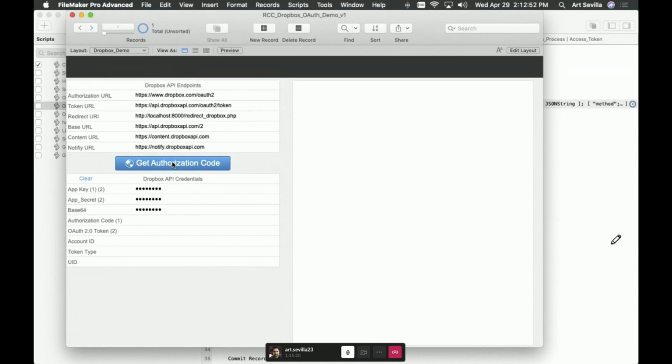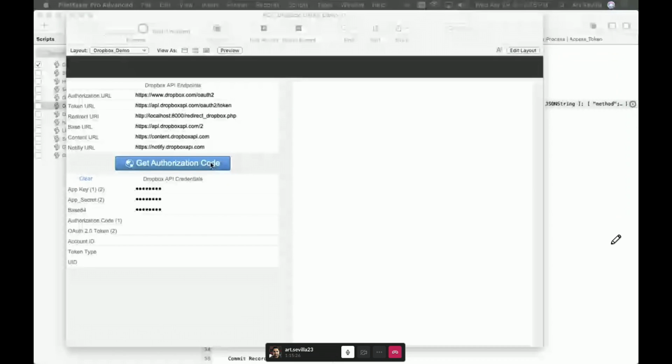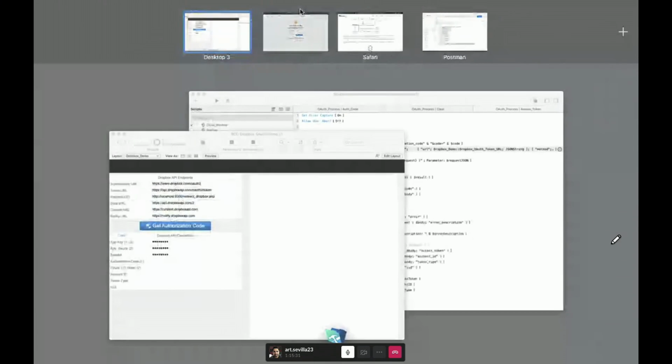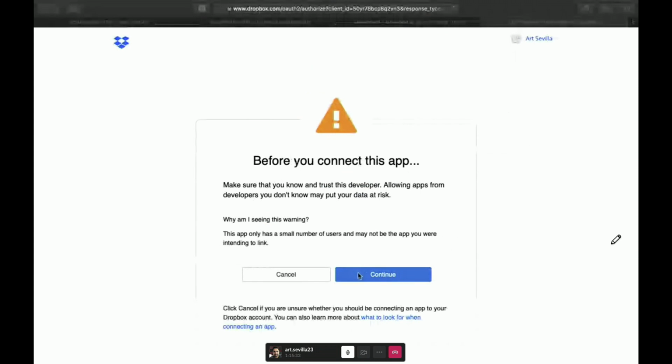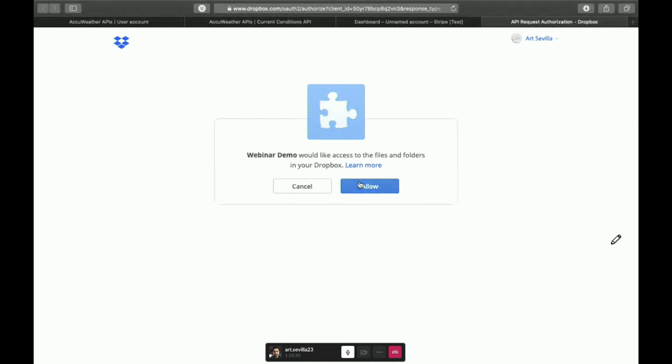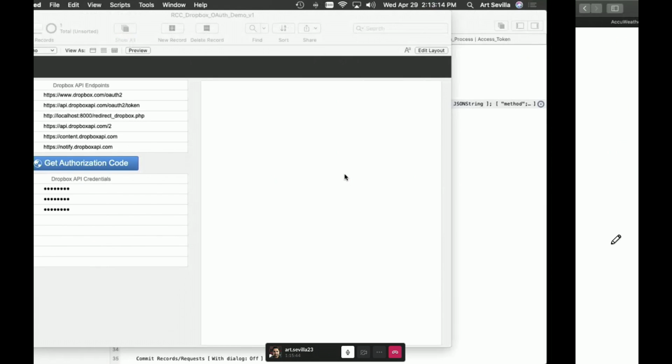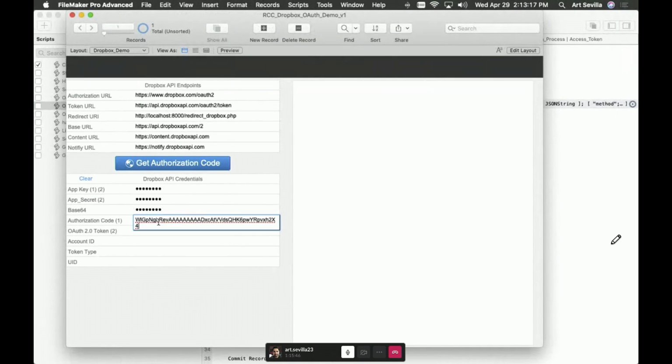So again, the first part of this process is to get the authorization code. So I'm going to hit this button again. It's going to then take me to that Dropbox authorization page. So I'm going to go ahead and hit continue and allow. And then it gives me my authorization code. So if I copy this and I come back over here to the file and I paste it in there,